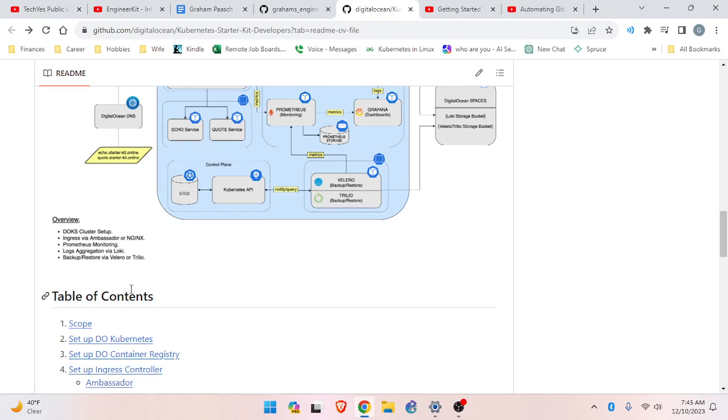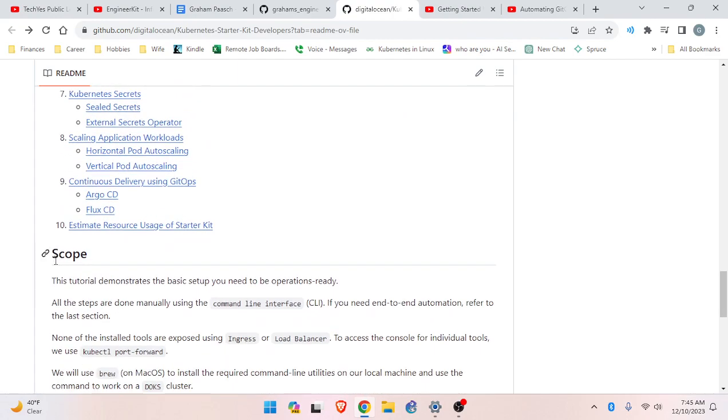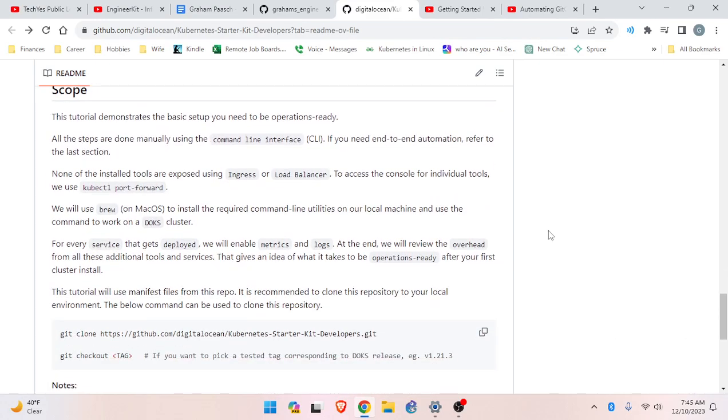So now here's the table of contents for this resource. The scope is this tutorial demonstrates the basic setup. You need to be operations ready. All the steps are done manually using the command line interface, CLI. If you need end-to-end automation, refer to the last section. None of the installed tools are exposed using Ingress or Load Balancer.